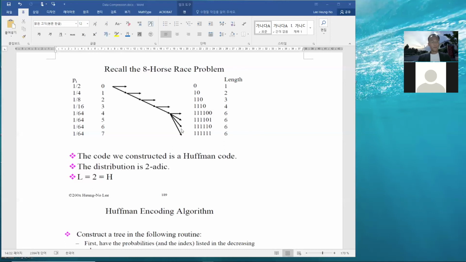So once I have done that, then I assign 0 for upward, and then 1 for downward. Then I have this code word description. Once I have obtained this, the length is 1, 2, 3, 4, 6, 6, 6, 6, and these lengths